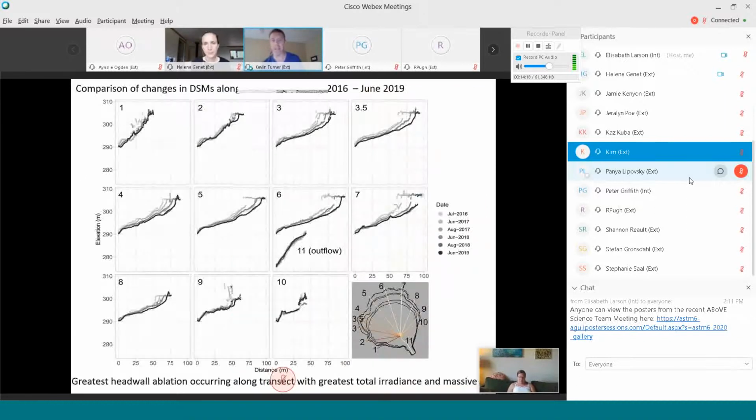So we can see that transect 7 is getting a lot of that high irradiance. These are changes in elevation profiles for each of these transects over the course of the entire study. If you just look at panel 7, that transect has experienced the greatest headwall retreat, and that's in the direction of the most intense sun, and there's also ice wedges there. So irradiance is something that needs to be considered, I think,